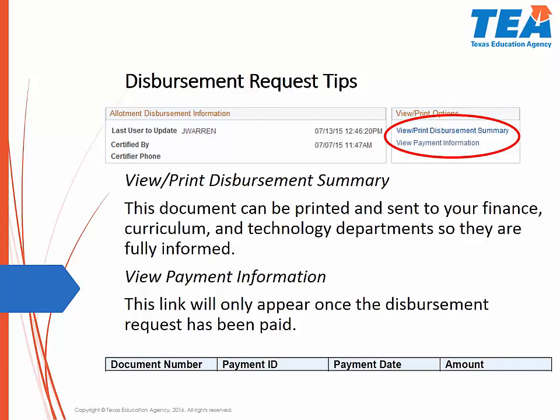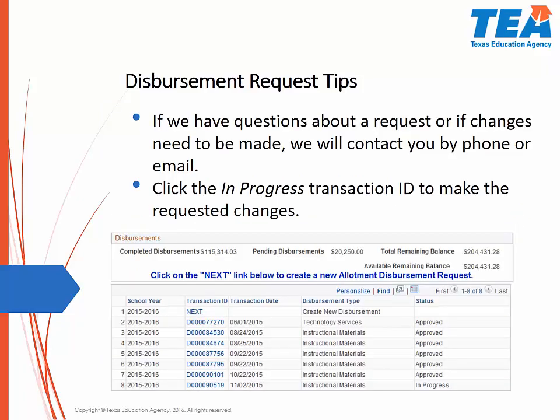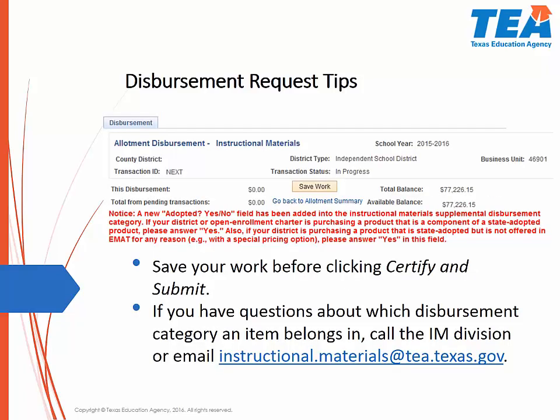If we have questions about a request or if changes need to be made, we will contact you by phone or email. Click the In Progress Transaction ID to make the requested changes. When entering information in your disbursement request, it is important to frequently save your work. If you have any questions about which disbursement category an item belongs in, call the Instructional Materials Division or email us at